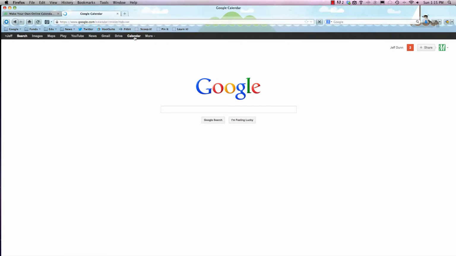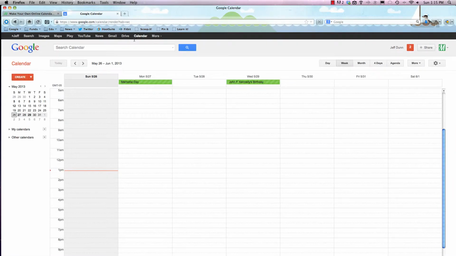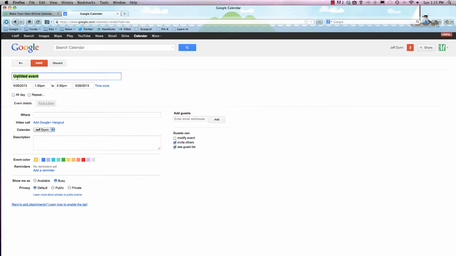Right up here, in the black bar towards the top, you can see it says calendar. So we'll click calendar, and I haven't done anything. It'll just show you this as soon as you start clicking on calendar. But let's say we want to create a new event for our calendar. We'll say it's my birthday, and we'll just choose a day right here. And let's say this is going to be an all-day affair, and we're going to have it at